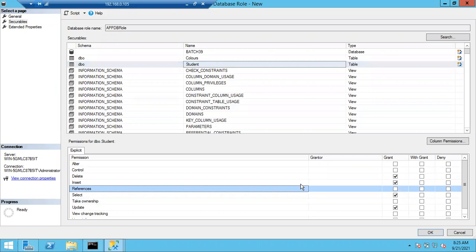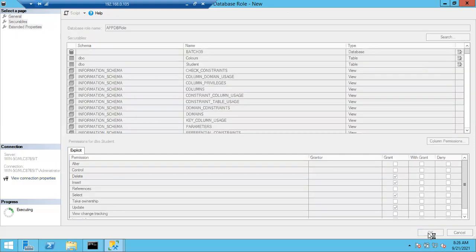So if anyone is looking for the same kind of permissions next time, it is very difficult, right? Giving the permissions to each individual user is a difficult task. Simply, if they're looking for the same kind of permission, I am going to add him into this particular database role. Whatever permissions are there for this role, that newly added person can easily access based on the permissions. This is all about your database roles, customized database roles. Any issues, any doubts in the customized database roles and database roles?